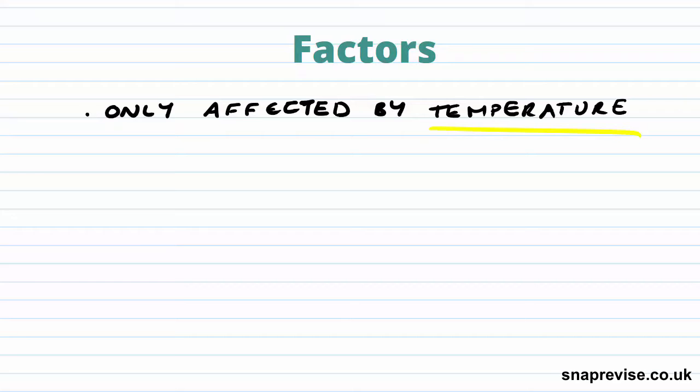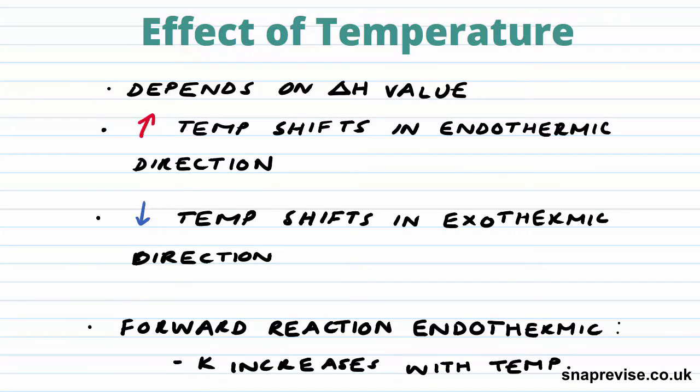They remain constant. So let's have a look and remind ourselves about the effect of temperature on our rate constant. Well, it depends on the delta H value. It depends if our forward reaction is exo or endothermic. Generally, if we increase the temperature, the equilibrium will shift in the endothermic direction. And if we decrease temperature, it will shift in the exothermic